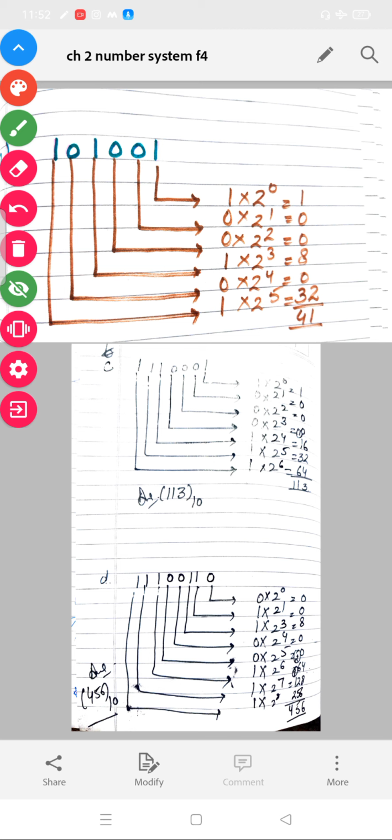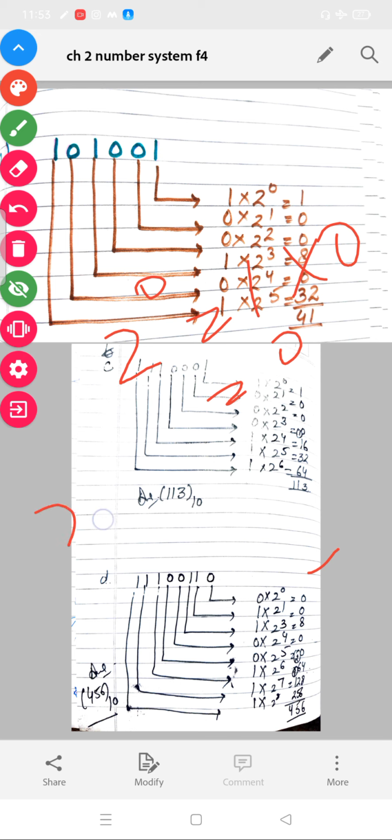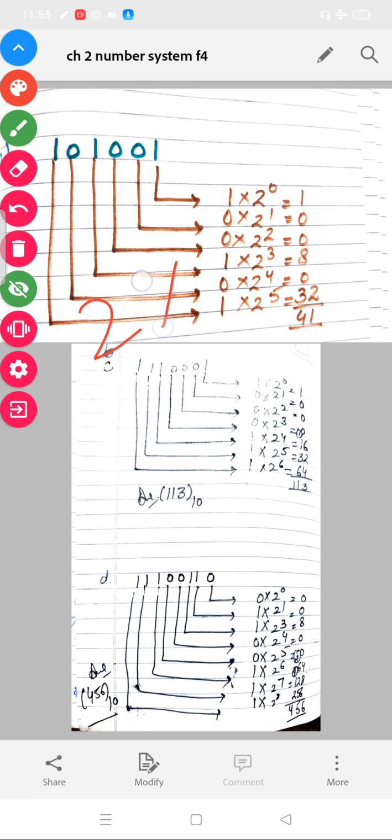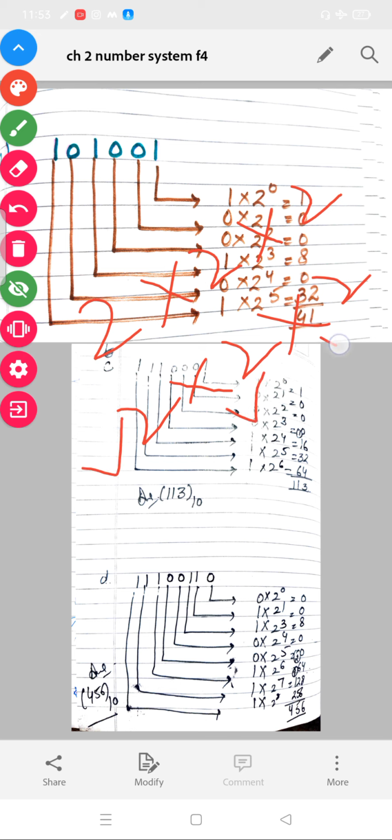Something multiplied by 0, 2 raised to power 0 will be 1, and 1 multiplied by 0 will be 0. Here we have written 0. 2 raised to power 1 will be 2, and 2 into 0 will be 0. 2 into 2 into 2, 3 times 2 means 2 2s are 4, 2s are 8, 8 into 1 is equal to 8. नेक्स्ट 0 रहेगा क्योंकि समथिंग मल्टीप्लाई बाय 0 विल बी 0, 0. 2 रेज टू पावर 6, सो आपने 6 जो 2 है वो 6 टाइम लिख देना. Here we are mentioning 2 for 6 times. 2 2s are 4, 2s are 8, 2s are 16, 2s are 32, 2s are 64.